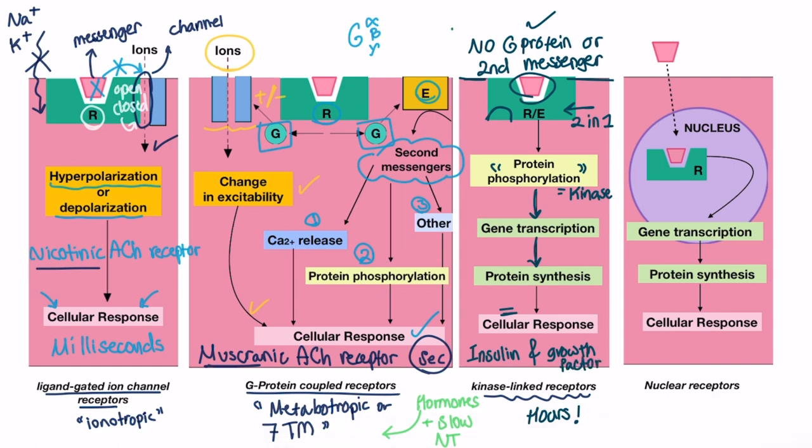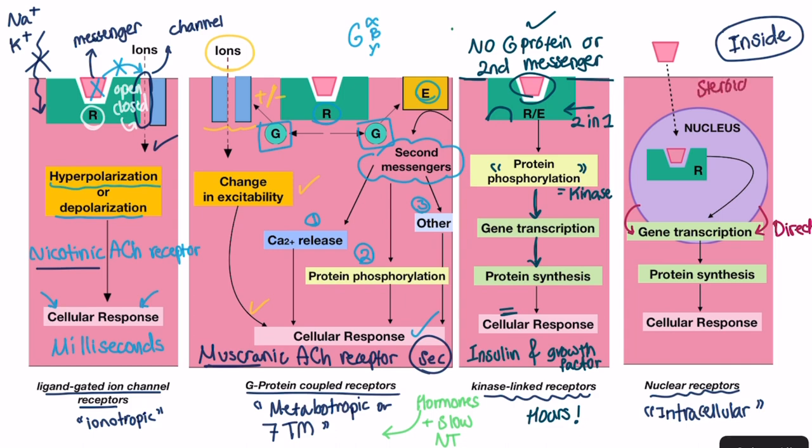Lastly, and the most unique family of receptors, is the nuclear receptors. At the beginning of this video, we said most receptors are integral proteins located in the cell membrane. Well, not all of them. This type is within the cell and is defined as intracellular receptors, or the nuclear ones. They are particularly important in directly regulating gene transcription. The chemical messengers for these receptors include steroid hormones, thyroid hormones, and retinoids.